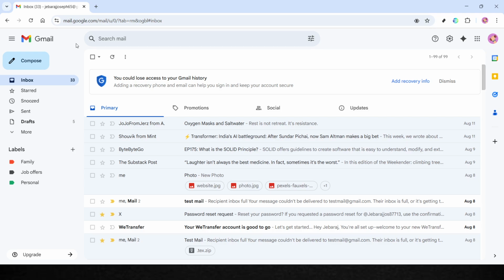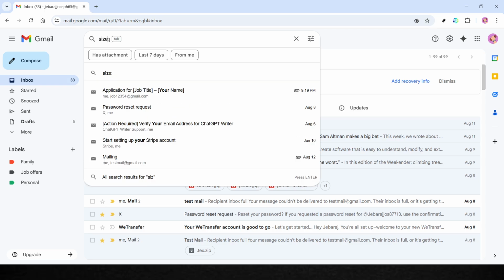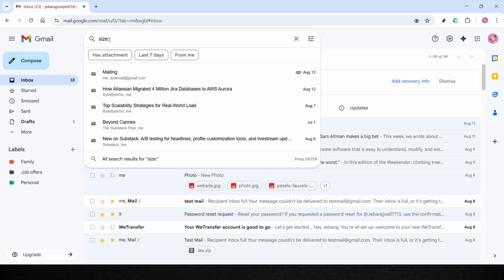Let's start by locating the search bar at the top of your Gmail interface. In this search bar, you can enter various types of queries to narrow down your emails. For our purpose, you'll want to type in a specific command. Type the command size followed by the size you want to search through. For instance, if you're looking to view emails with attachments that are larger than 5 megabytes, you would type size